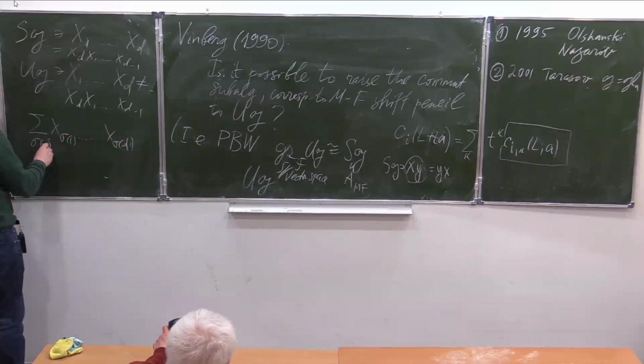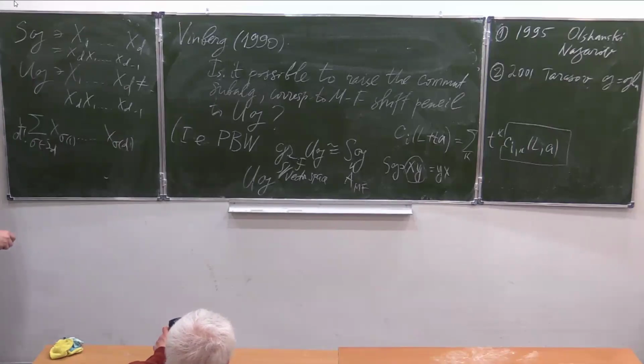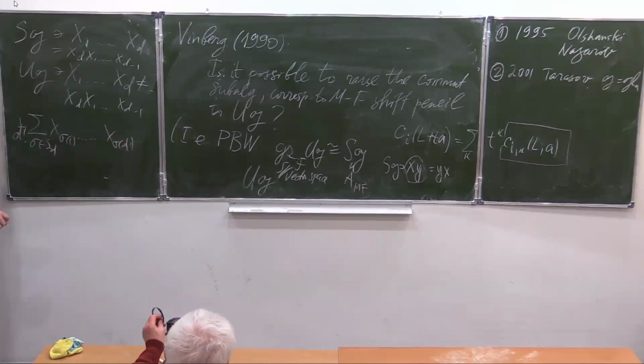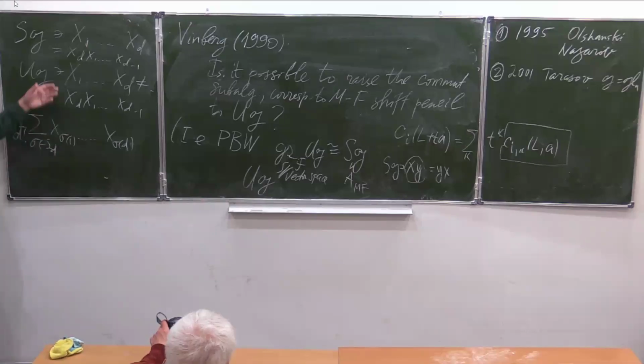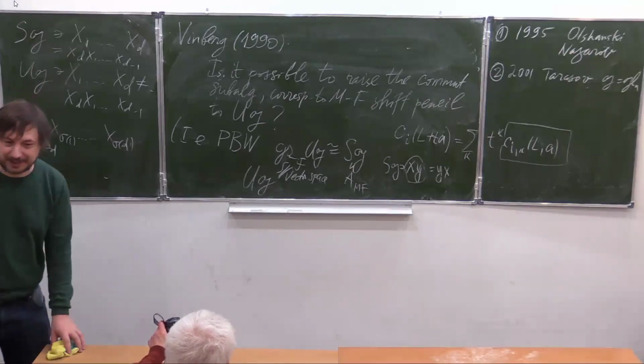Sigma is an element. Surely it was like that already at the very beginning. It depends on how you regard SG. If you regard SG as a subspace in TG, in the tensor algebra, then you're right. Every element is of this form there. You're fixed. But if you regard it as a polynomial algebra, it's different. It's just the point of view, nothing else. You're right, you can actually spare this part.